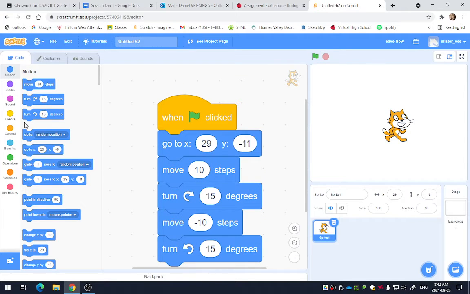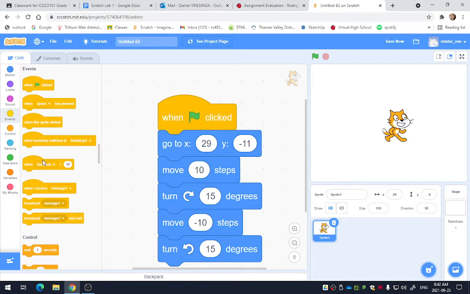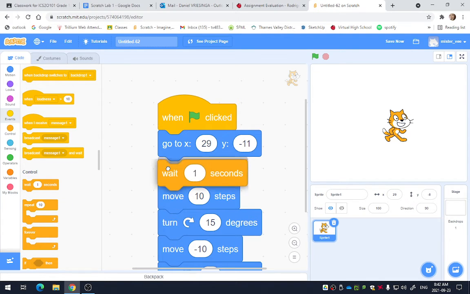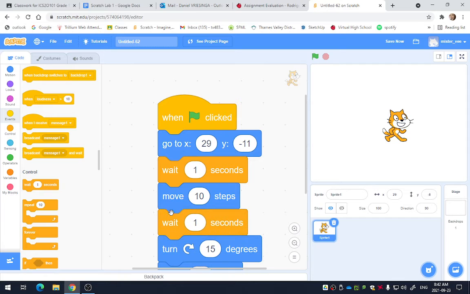It happens so quick you don't really see it, but if I put under events a wait 1 second in between each,